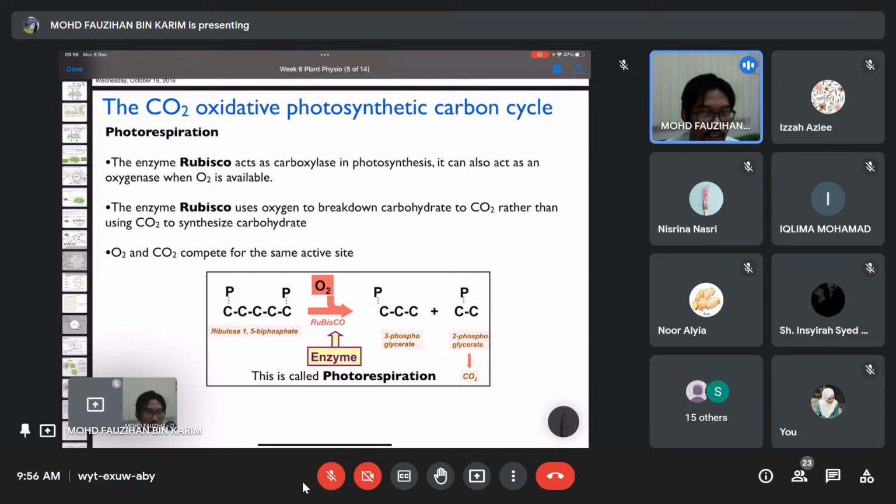Dia macam saya cakap tadi, ada few general terms that you have to understand lah. You have to remember, right? Ada three stages. Okay, carbon fixation. Okay, benda lah ni logic. This is very logic, right? Because of number one, for example,